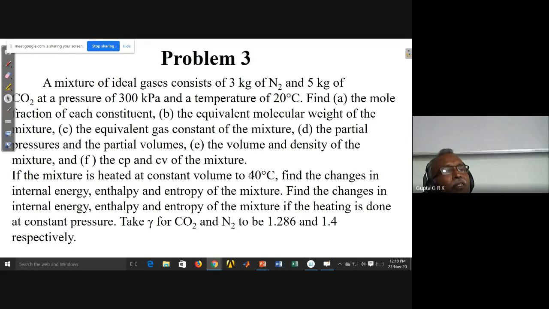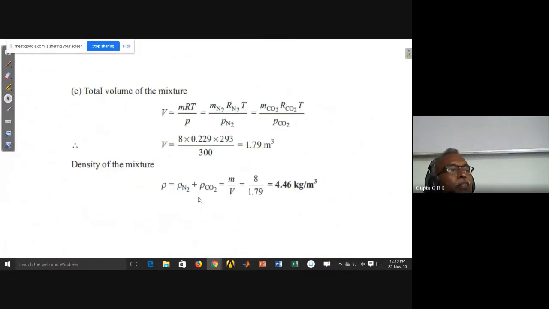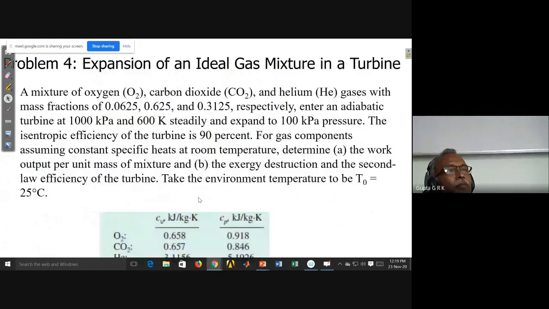So here, whether it is constant volume or constant pressure, the change in internal energy and enthalpy will be m Cv dT and m Cp dT only, because it is independent of the process. But when you come to the change in entropy, one of the terms will become 0. So you have to take the appropriate formula. Like that, I can find out the change in entropy.